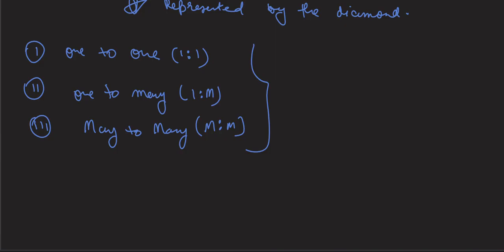और सेकंड वन इज वन टू मेनी, ठीक है? तो वन टू मेनी का एग्जांपल मैं आपको एक देता हूँ, जैसे one department has many students but a student belongs to one department. समझ गए? कहने का मतलब है कि आपके एक डिपार्टमेंट में मल्टीपल स्टूडेंट्स हो सकते हैं, ठीक है? लेकिन एक स्टूडेंट सिर्फ एक डिपार्टमेंट में होना चाहिए।